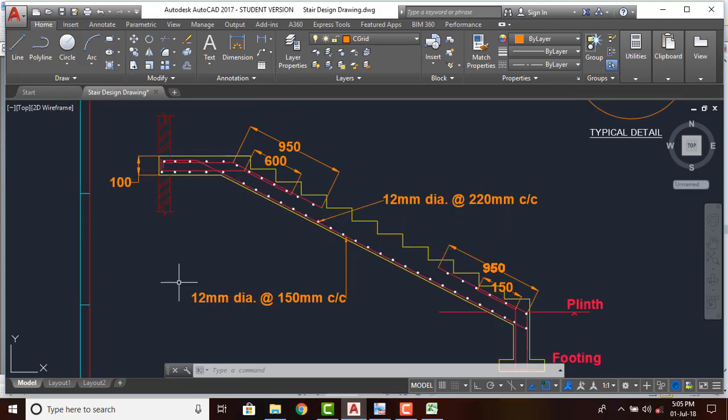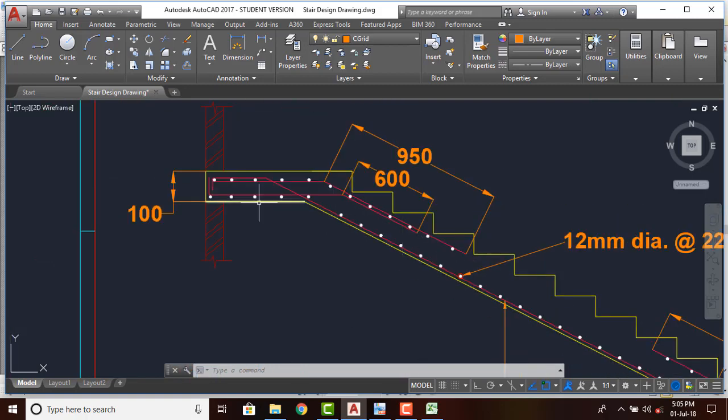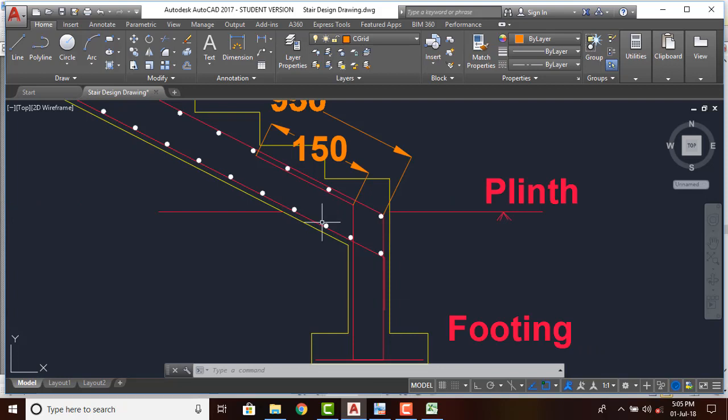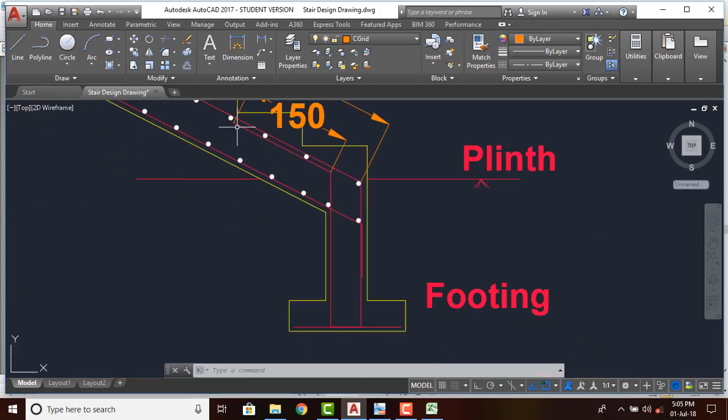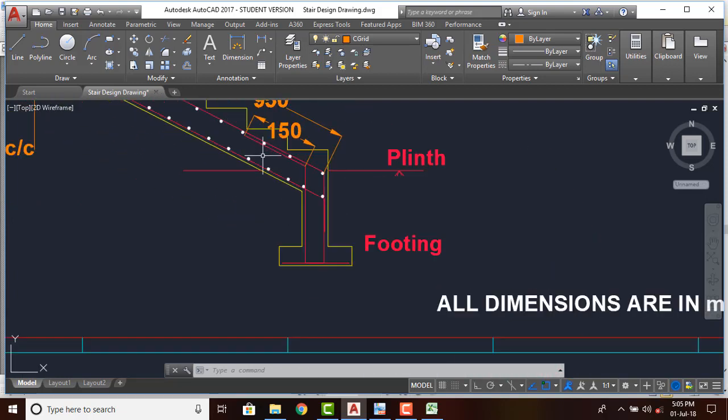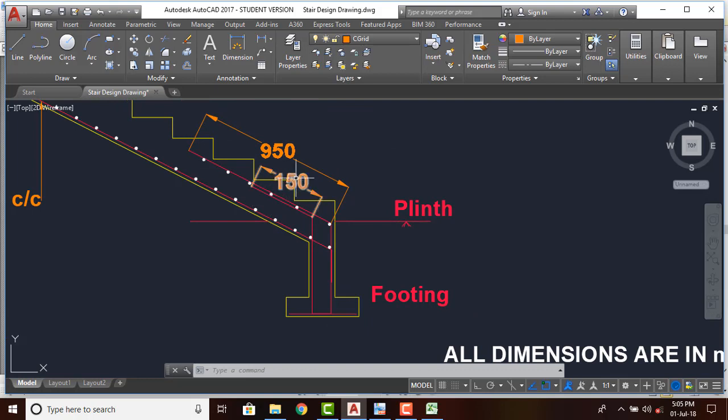So spacing on the reinforcement detail is as per we have calculated, that is 12 mm dia at 150 mm center to center. And in the bottom, the other reinforcement is a reinforcement bar extending from here, that is we have marked as 150 mm this distance, and it will extend to the footing. And the other reinforcement will extend from here, that is from a distance of 950 mm, and it will extend to the other side of the